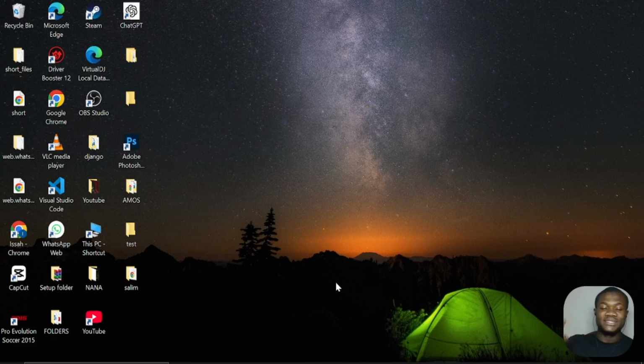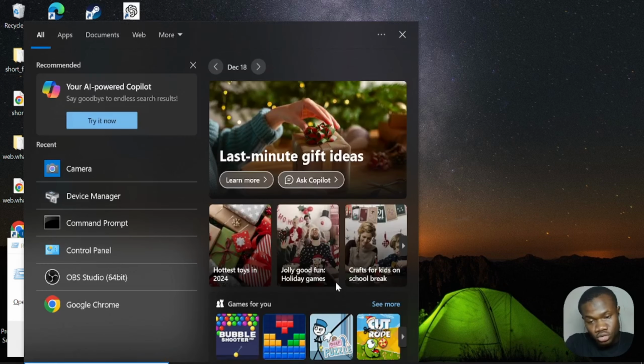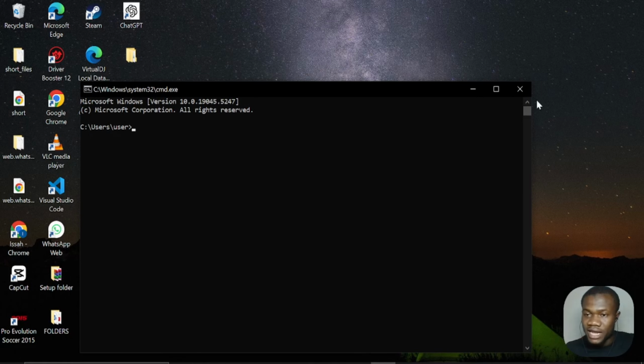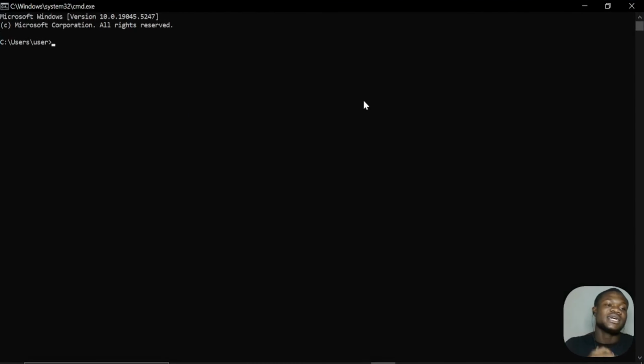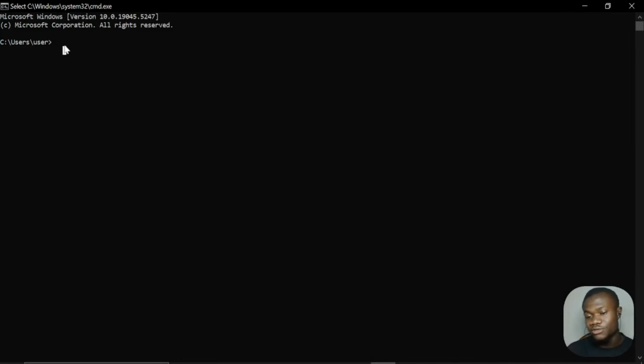So, tip number one. First of all, open our CMD by pressing your start button and R, or you can simply search through your search box. If you open your CMD for the first time like this, you will see that we are in our user folder. So for us to change the directory from the user folder to anywhere we want to